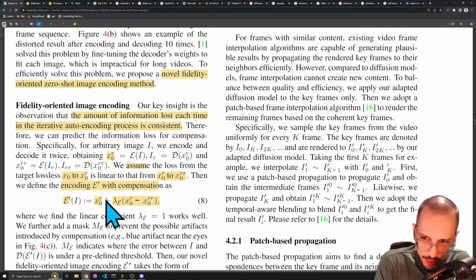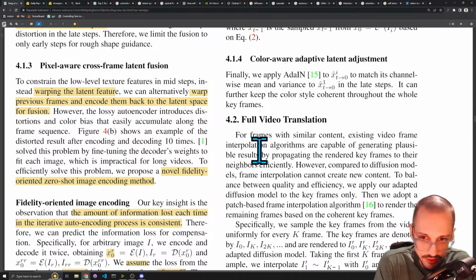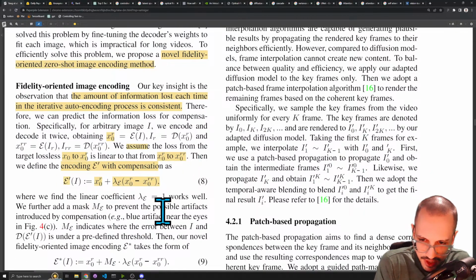They're adjusting. Normally you would just encode the image and you would get a latent, and then you're just going to use that latent forever for whatever you want. But it seems like they discovered this weird trick where if you add the difference or the error in the latent after encoding and decoding again, you get a better latent, but